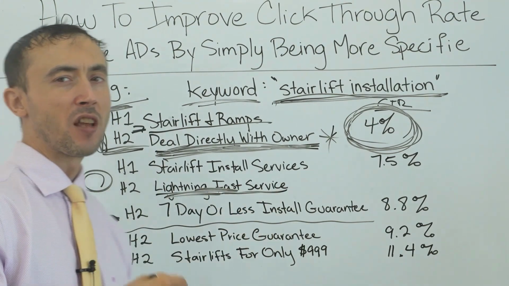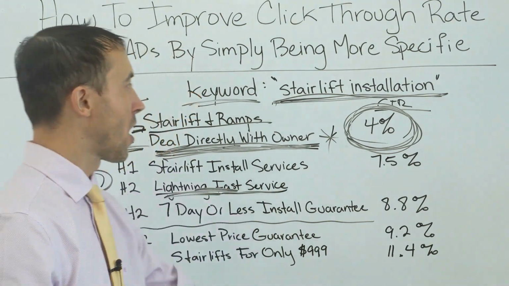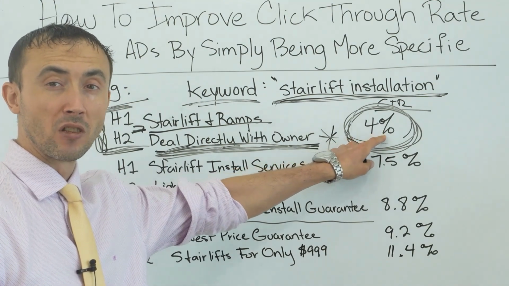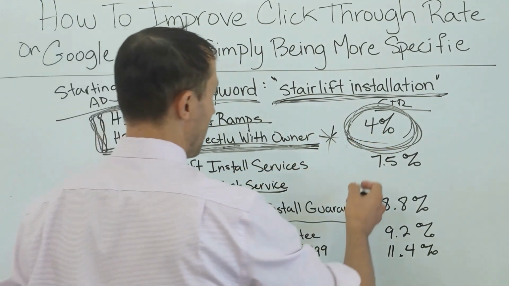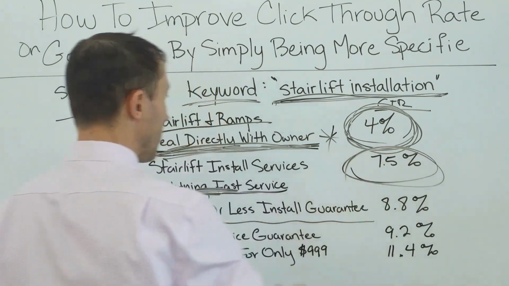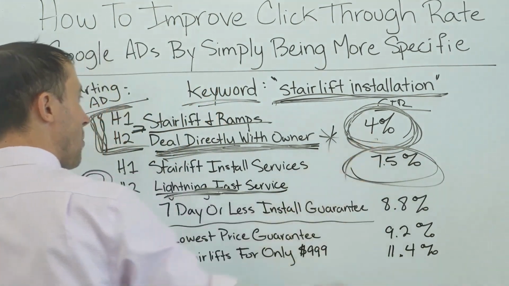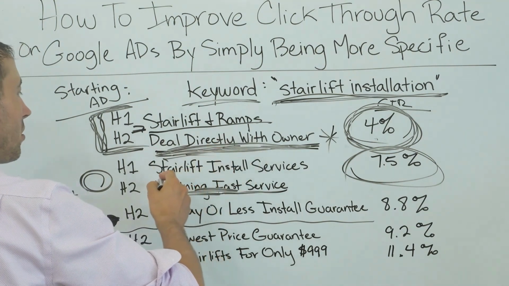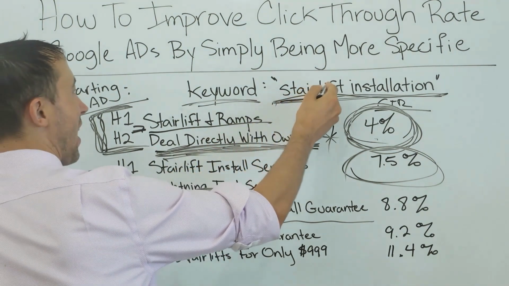In terms of the first ad test that we came out with to try to beat this 4% click-through rate that we had when we first started working with this client, what do you think the click-through rate we got from this updated ad was? 7.5%. So we almost doubled the click-through rate, going from generic ad to laser targeted ad for this exact keyword